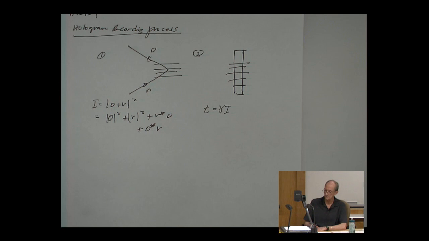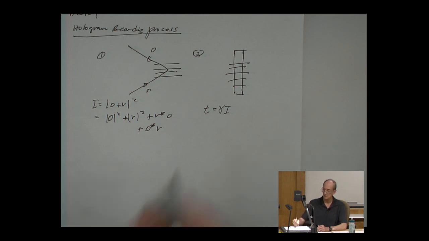So I'll use gamma for the proportionality constant between the exposure of the material and the whole development and fixing process, or whatever we use for making that medium into an actual